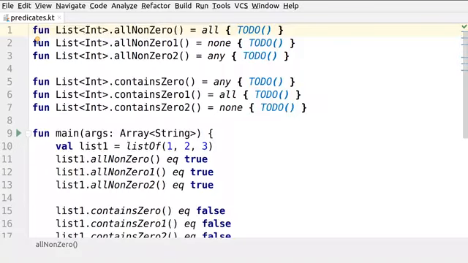Our task is to complete the implementations of these functions using different predicates, and the purpose of this task is to illustrate that the predicates all, none, and any are interchangeable. So let's start. The first function is rather straightforward because we need to check that all the elements are non-zero,